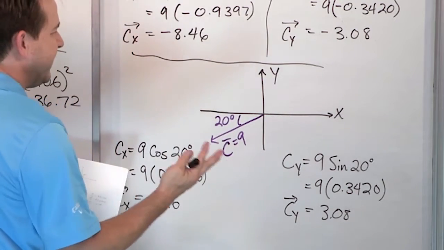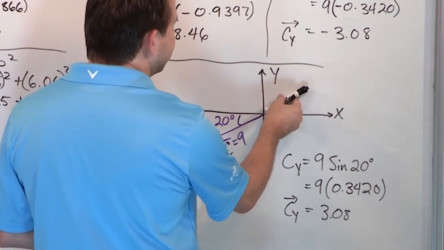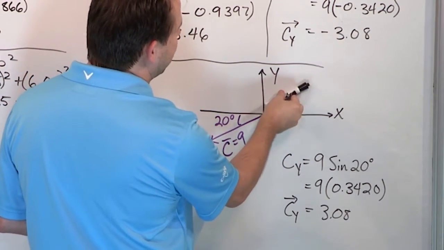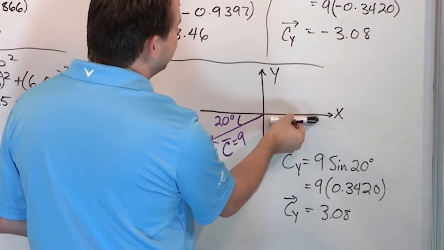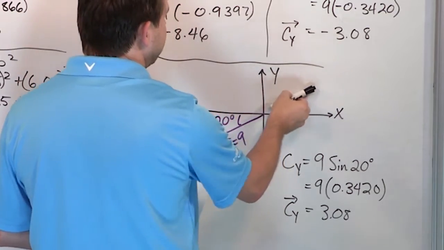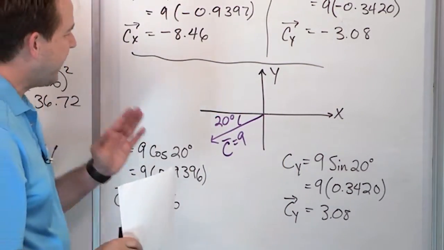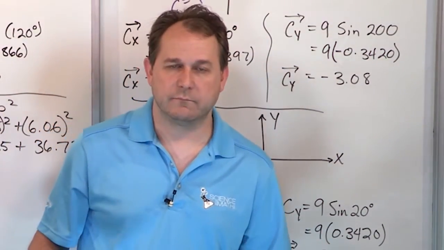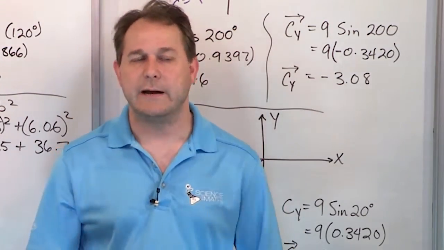These components would be exactly the components I would expect if the vector were here, 20 degrees from the x-axis. That would be the x component and that would be the y component if I had a totally different vector pointed this way. So how do you handle it? Okay, here's the rule of thumb. It's probably common sense once you see it, but I'm going to give it to you as a rule